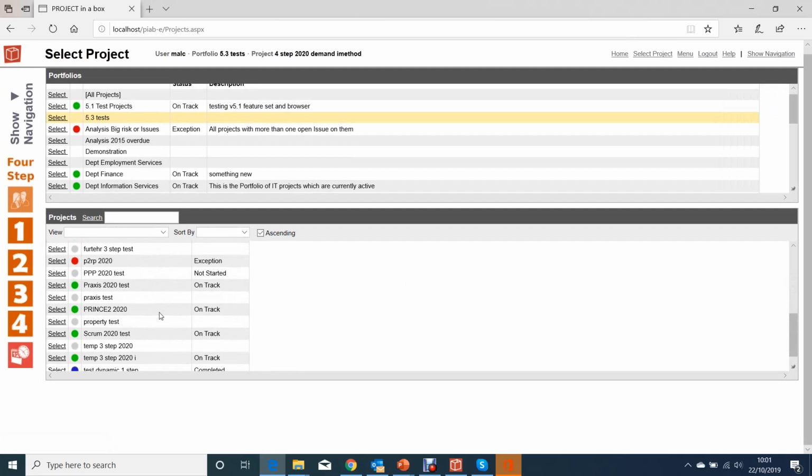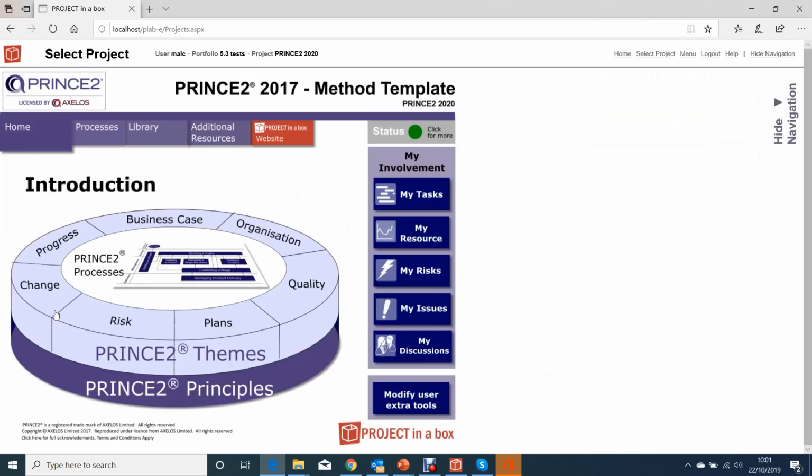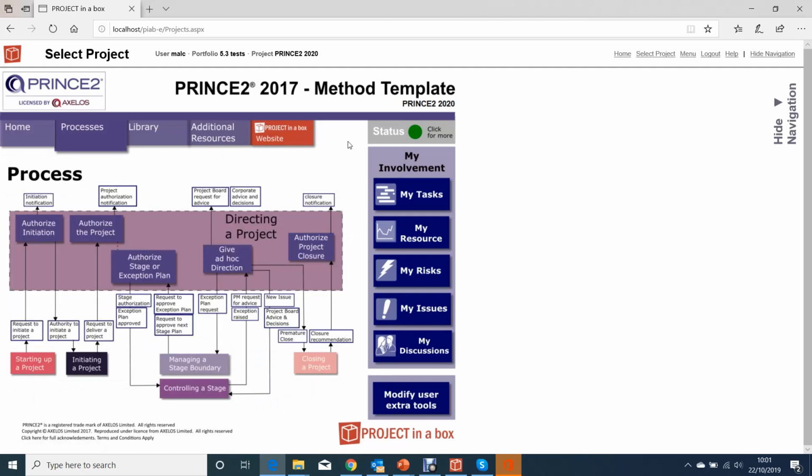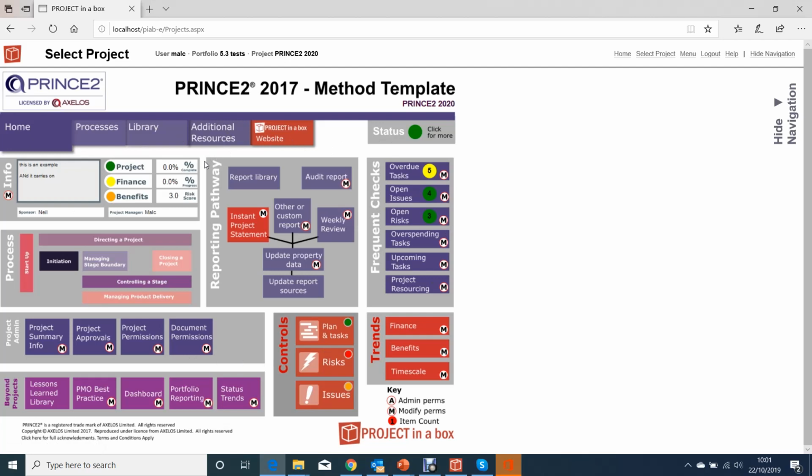We have the full Prince2 method, and here we haven't fundamentally changed the way the navigation works. We've just added this button onto all of the panes, so as you come through your normal navigation process, you've always got this here, showing you the current status of the project. That's an active dynamic display blob, and when you click on that, it takes you to a fuller